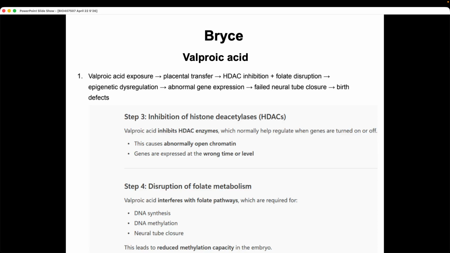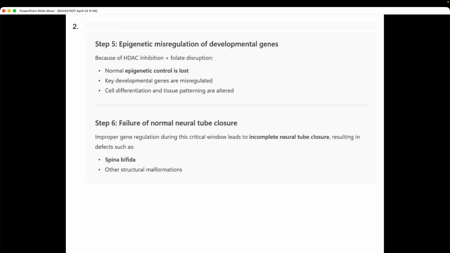So to talk about valproic acid a little bit more, Bryce sent a nice summary, so I just took a screenshot of that, and I'll add this as an attachment when I post the Brightspace recording today, and I can do that for the others as well. And if you ever want anything like that, just let me know, because I can add it to Brightspace. Okay, and so a really good focus on early neural development,